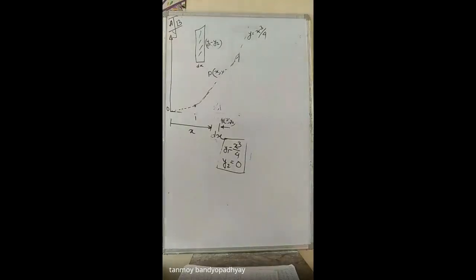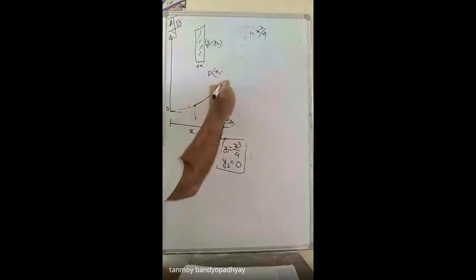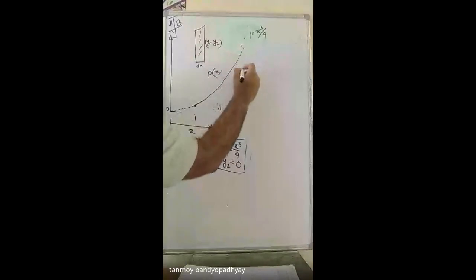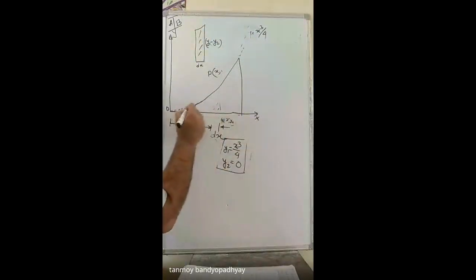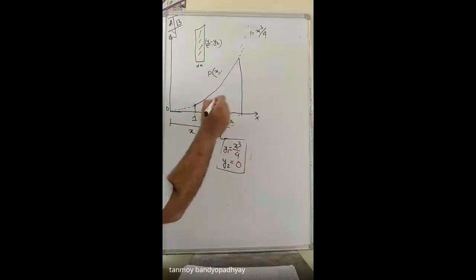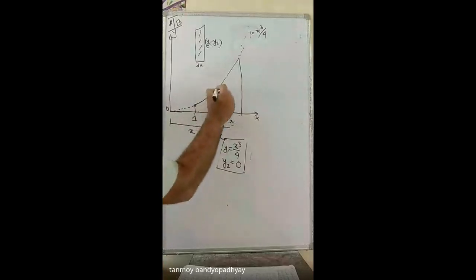Sir, Ix. Okay, I'm just telling how to calculate Ix and then you can do it by yourselves. So dIx will be... Such things can't be done in such a short time. Within such a short time it's not possible to do a problem. A problem itself takes at least 20 to 25 minutes.